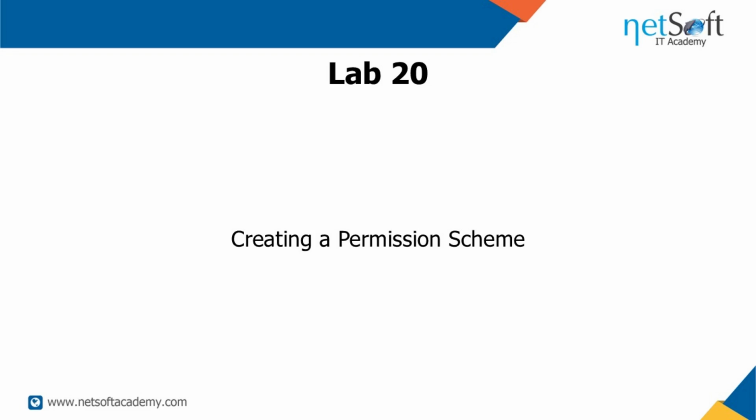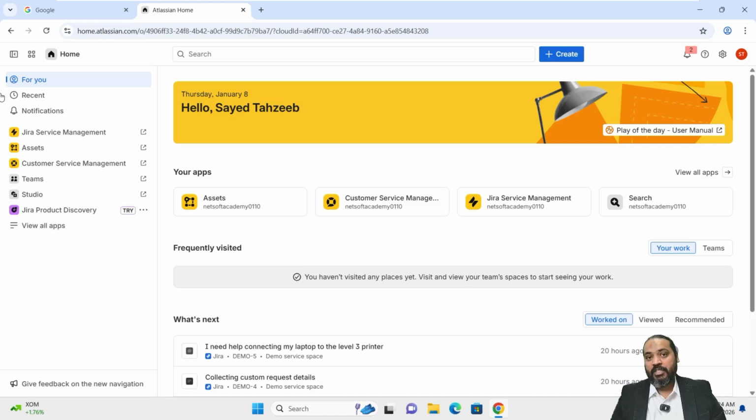www.netsoftacademy.com. Hello and welcome to Lab 20, Creating a Permission Scheme. Let's move ahead. For this lab, we need to log in to home.atlassian. As you can see, I have logged into home.atlassian. Now let's click on Jira Service Management